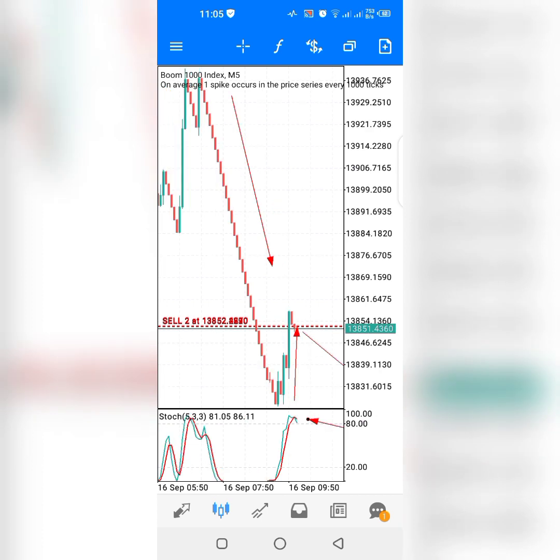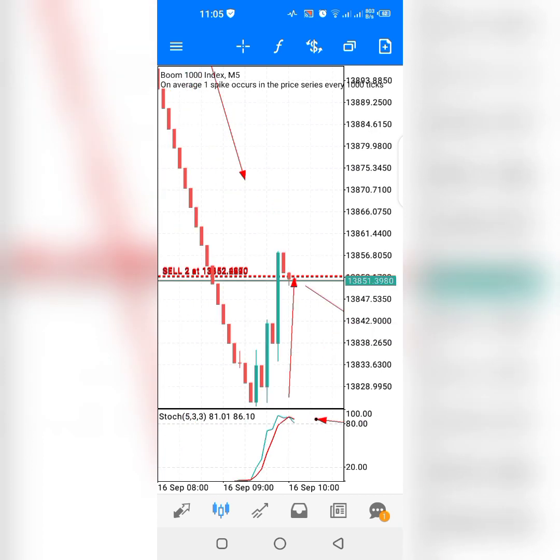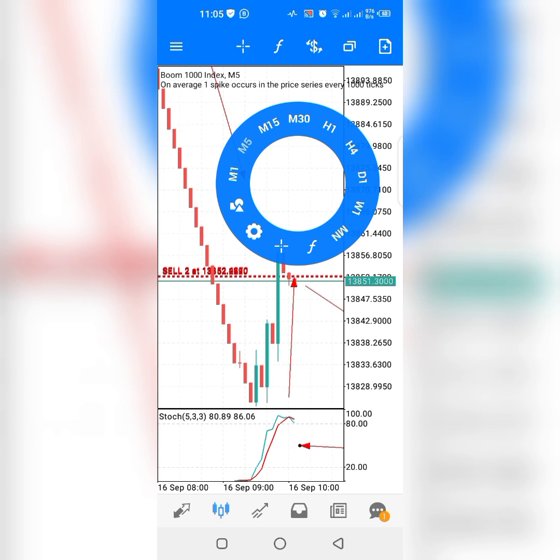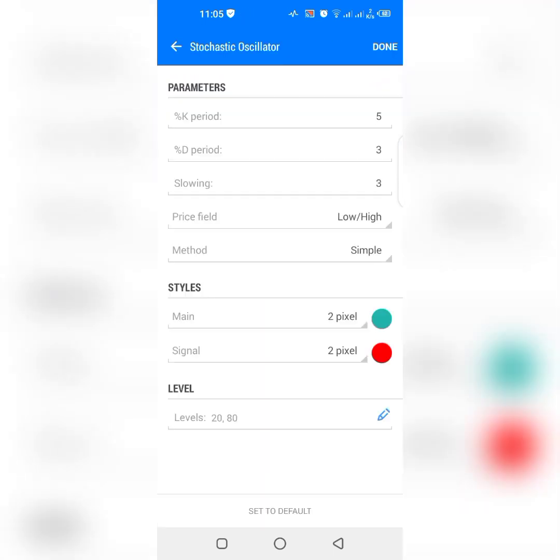Now see exactly what I was talking about the other time. You see, now we have this arrow. It has shown as if it's coming down. All right, now you can decide to add level 50